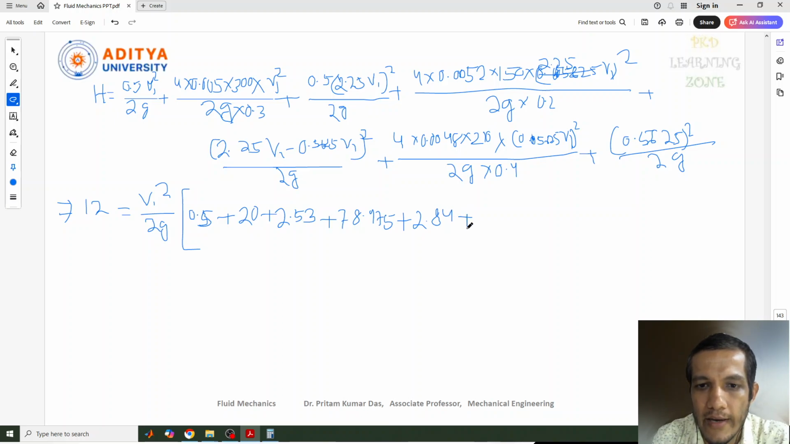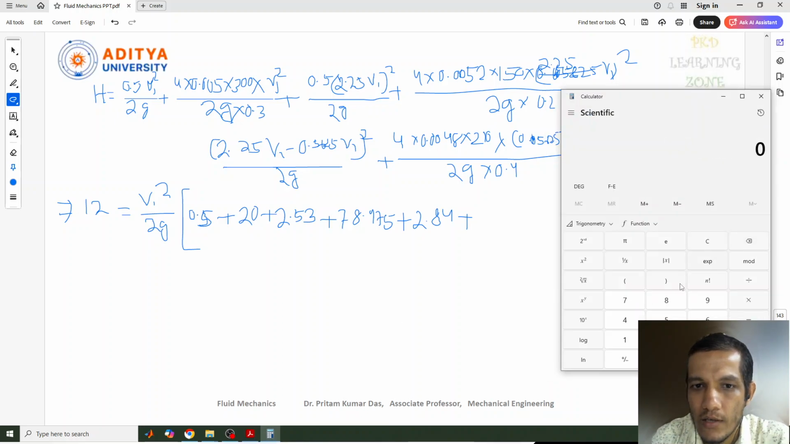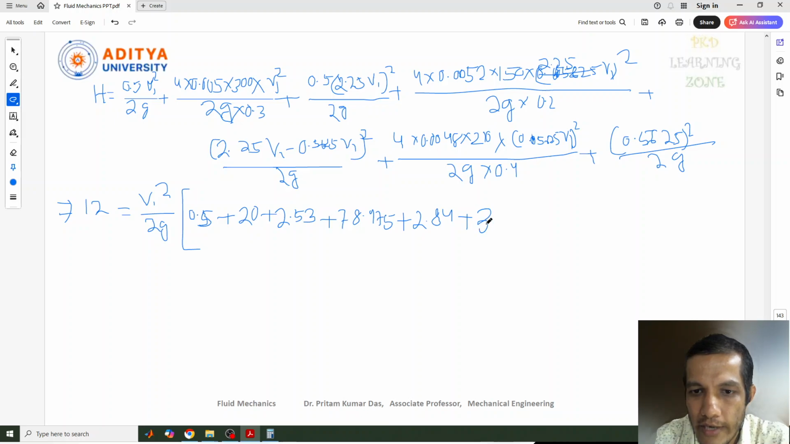Okay, now again my major loss is there, this one. So again multiply this. So 4 into 0.0048 into 210 into 0.5625 into 0.5625. How much is there? Divided by 0.4, 3.189. So write down the same value,